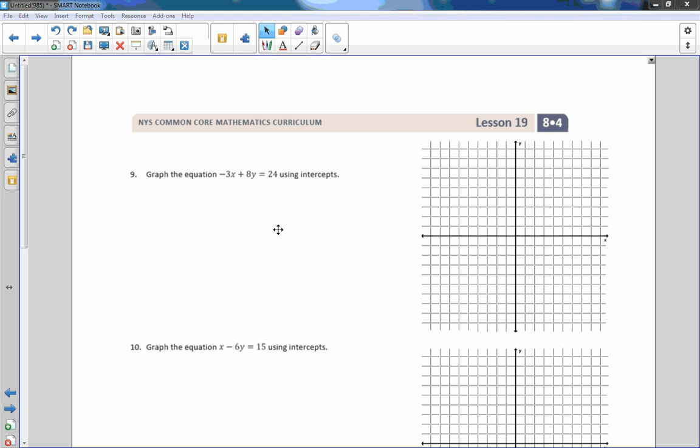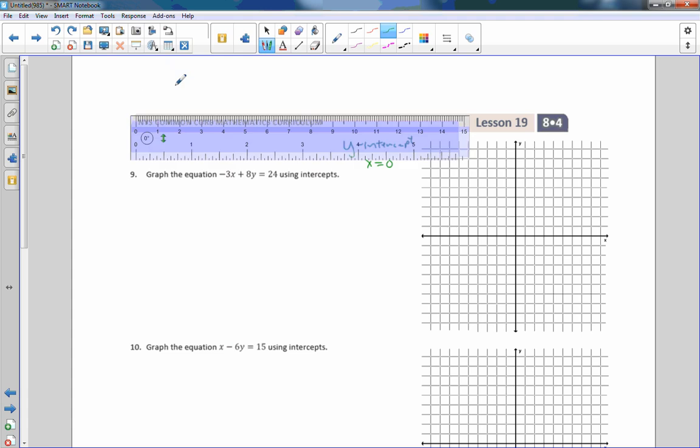Okay, last page. We're on the home stretch. This is problem number 9. Problems 10 and 11 have a little bit of a different concept here, but it's fairly simple. It's graphing equations using intercepts. So you need to keep in mind that if we have a y-intercept, then x equals 0. So if I have a line, and let me just draw a line here,